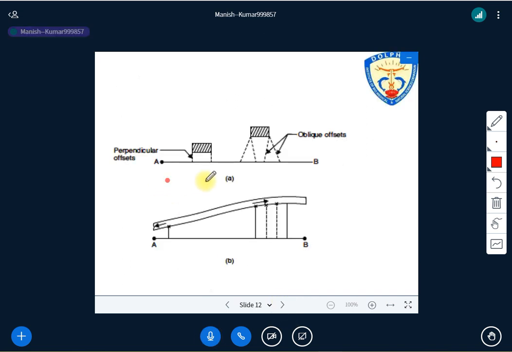So there is another example for the perpendicular offset, and for the same feature this is the oblique offset. And if it is a road, generally if it is a curved road, just take an example, if there is one feature and it is a curved road, you have to draw more than one or two offsets here. You can just look here, one offset is there, and lots of offsets you can draw. All are perpendicular, as you see.